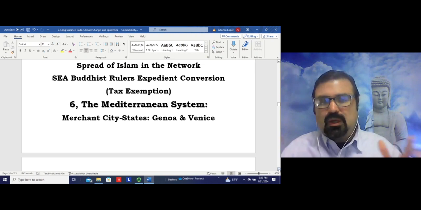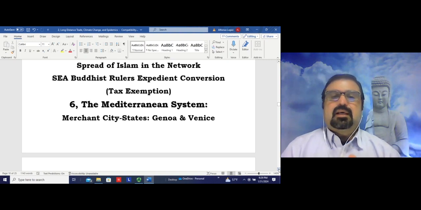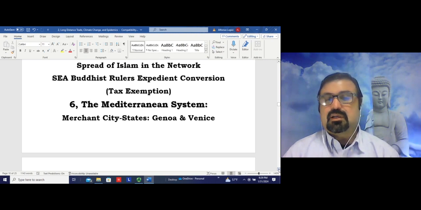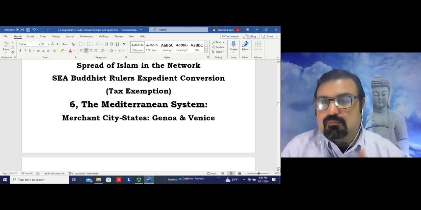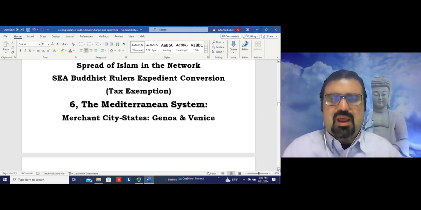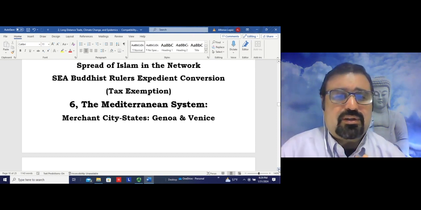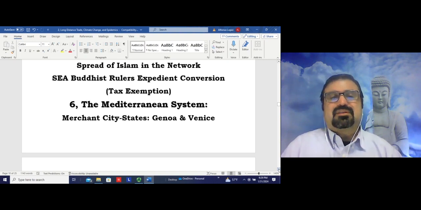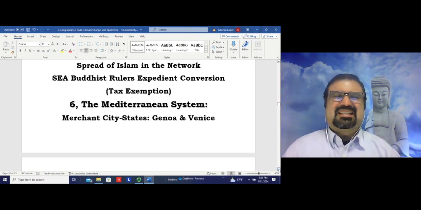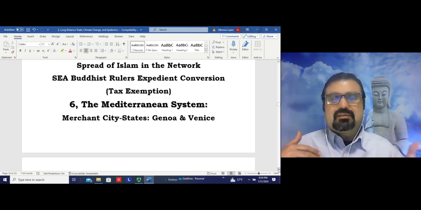But now the Muslims are moving across the network, creating communities, creating mosques, those religious structures, those are the temples of the Muslims, and they're abiding by religious laws and so on, creating a common culture across the network. They're slowly but surely dominating a certain segment of the trade. And because they're becoming more and more dominant, Southeast Asian rulers, which were Buddhist, found it expedient to convert to Islam, not necessarily because they had a change of mind,